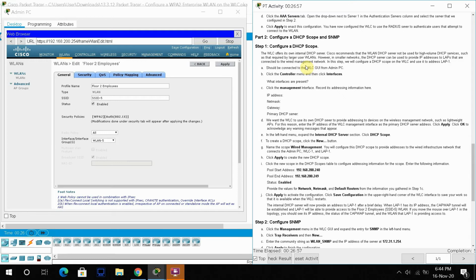In this step, we will configure a DHCP scope on the wireless LAN controller and use its addresses for the lightweight access points. Okay, so here we will configure the DHCP services. Okay, and DHCP service is just to assign the IP addresses to the network devices. Okay, so these access points. Okay, and how can we do it? So the first step is, we connect to the wireless GUI from the admin PC. Okay, click the controller. Okay, this is the controller,